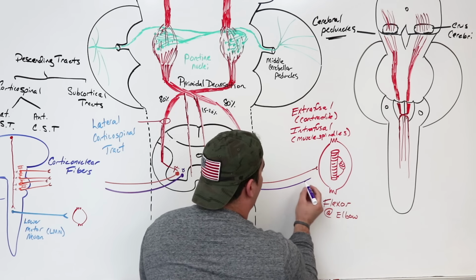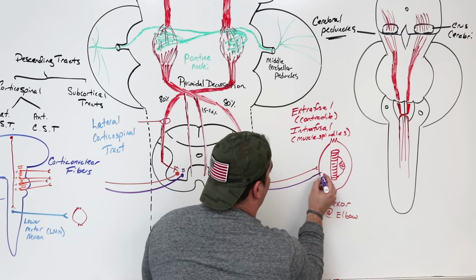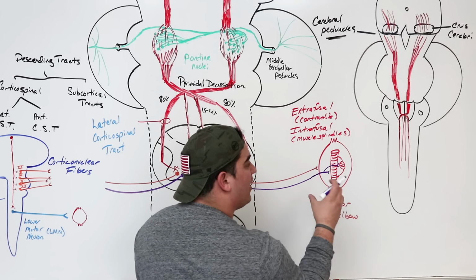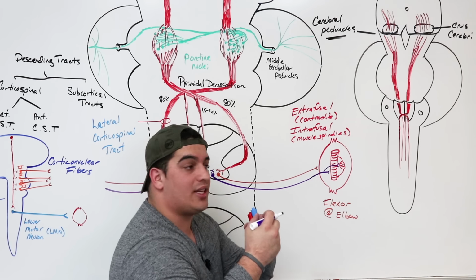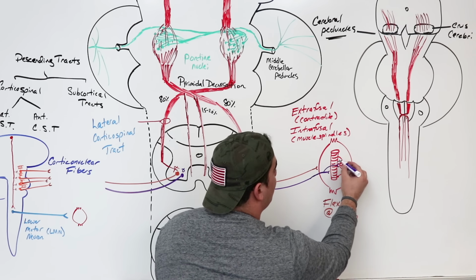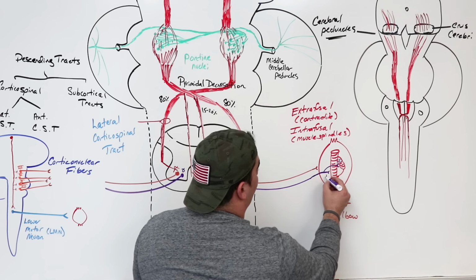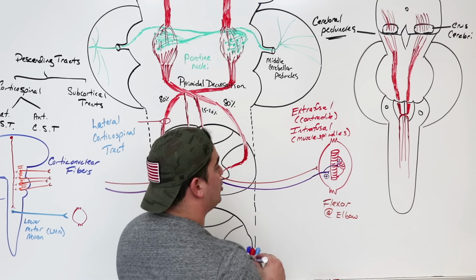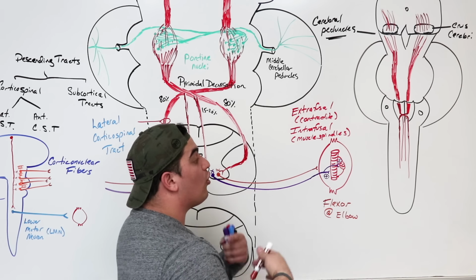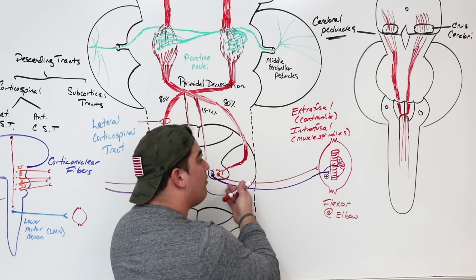So these gamma motor neurons are going to come over here to these muscle spindles and constantly cause them to become very taut. And that tautness helps us to keep a nice tone of the muscles. So it's going to come over here and stimulate the actual muscle spindles and cause the muscle spindles to be nice and taut. And because these alpha and gamma motor neurons are working in tandem, we call this alpha